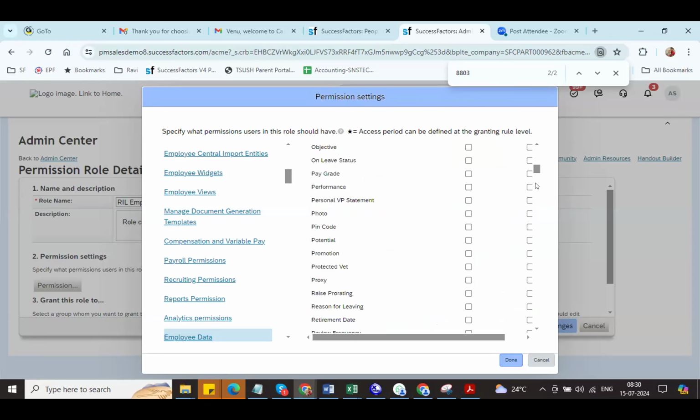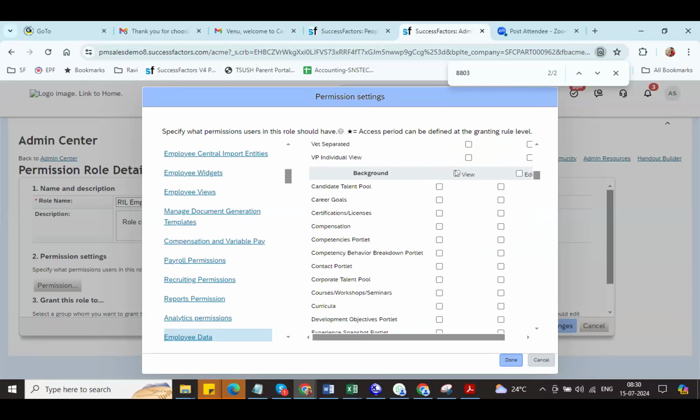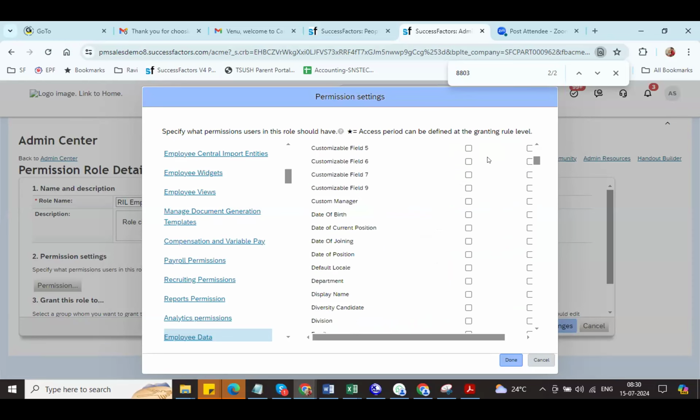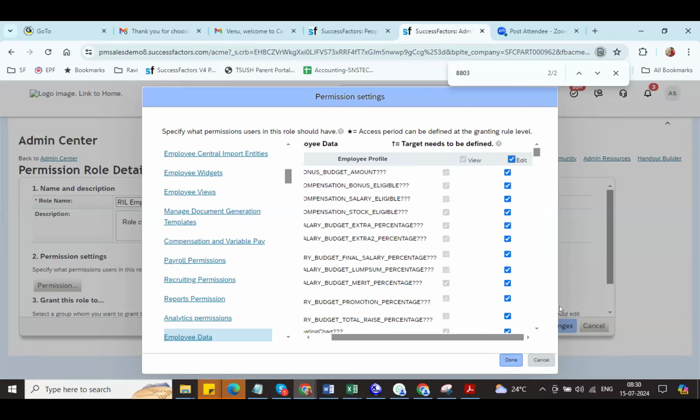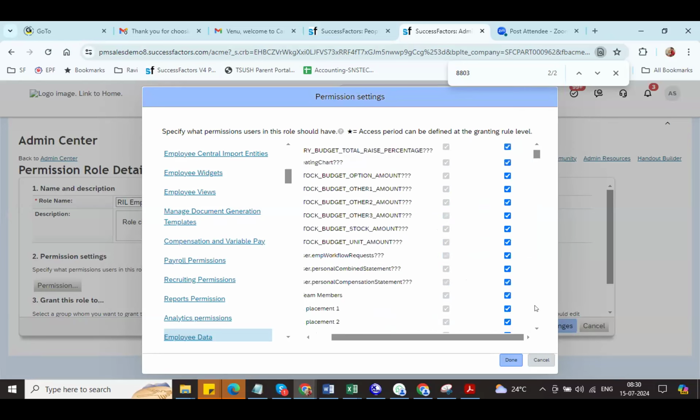And these are some of the other background information. They should have edit, delete access. View employee profile fields, they should have their own data, view and edit. I'll grant. So this is field level